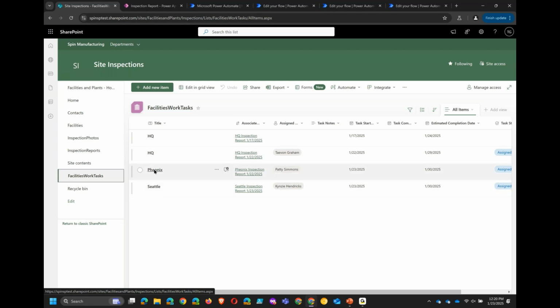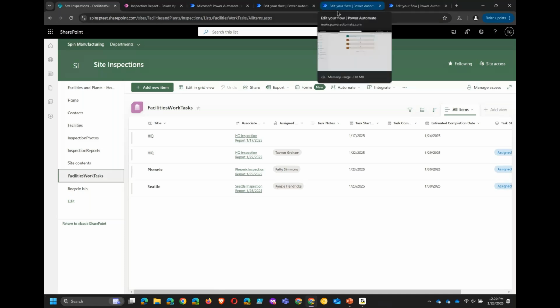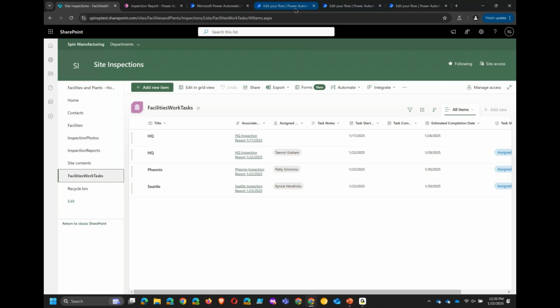Its title is the facility that it relates to. It's got a link back to the inspection report. Notice that this one that I just submitted was actually already assigned to Kinsey. This was handled by a second workflow. And I think that's important for you to start thinking about: not everything has to be done inside of one workflow. So we saw just a second ago, I have that instant workflow that ties into the Power App,